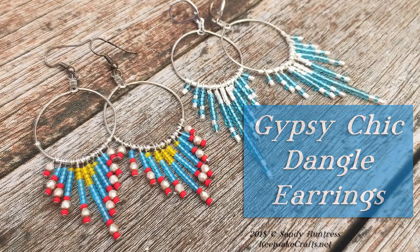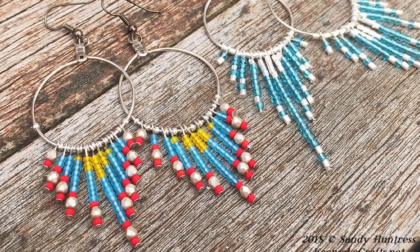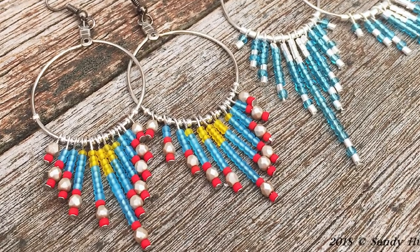Earring hoops with seed bead dangles offer endless possibilities for arrangements of patterns and colors to get just the kind